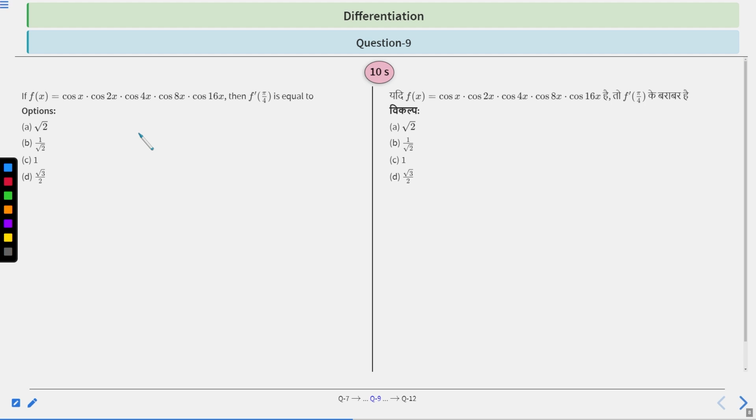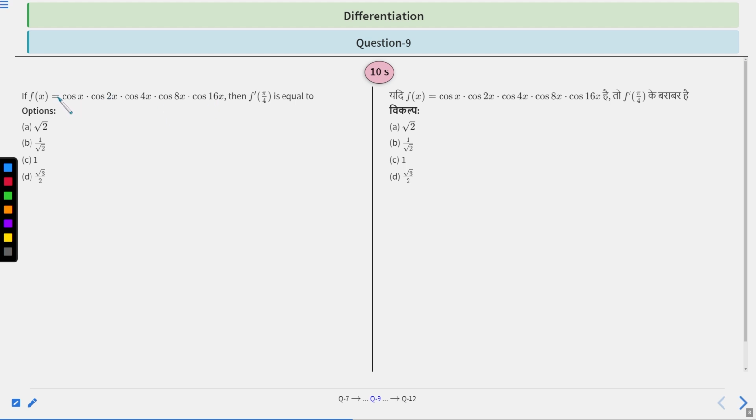But we can, to nullify the complications, simplify this value, right? So how can we simplify this value? See, we know that 2 cos x into sin x is sin 2x, right? Clear? So we multiply and divide this expression with 2 sin x upon 2 sin x. See, multiply this expression with 2 sin x and divide also with 2 sin x.